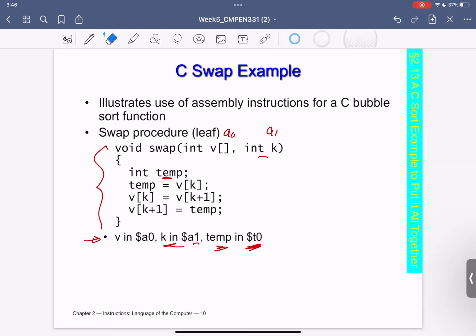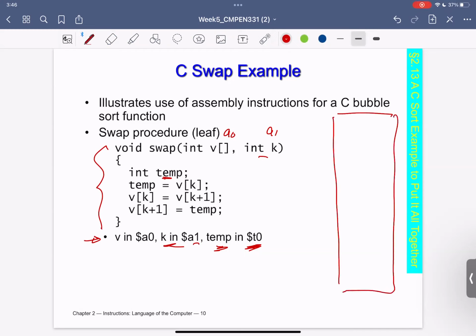So given all of this information, and giving you only this code, you can still write your assembly code. So the problem here again: I have my memory. As we mentioned, this memory is 8-bit by default, unless otherwise specified. And V of K will be a certain space here. But I know that V is an integer array, so I know each element is 32 bits, and this memory is 8 bits.